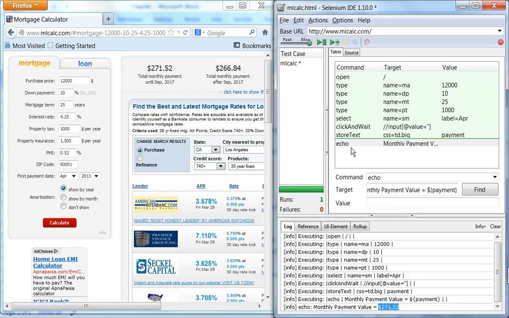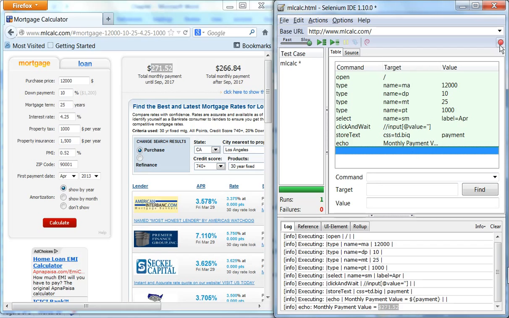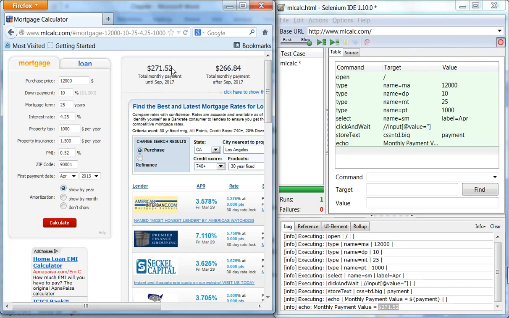So we'll move our cursor to the last step, where again we have to verify this particular value coming as the monthly payment. We have not done any verification while running the test case. All the steps are written, but we are not doing any verification. So we'll put the cursor on this and start the recording with the help of this red button. We'll click on this and go to this particular value and we will click on